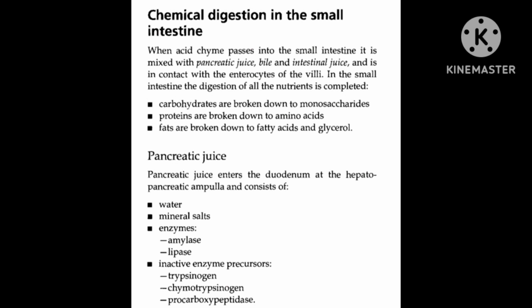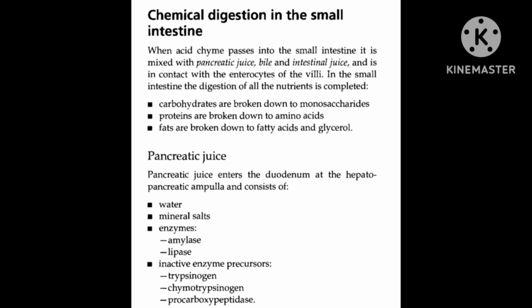When acidic chyme passes into the small intestine, it is mixed with the pancreatic juice, bile and intestinal juice, and it is in contact with the enterocytes of the villi. In the small intestine, the digestion of all nutrients is completed. Carbohydrates are broken down to monosaccharides, proteins are broken down to amino acids, fats are broken down to fatty acids and glycerol. Pancreatic juice. The pancreatic juice enters the duodenum at the